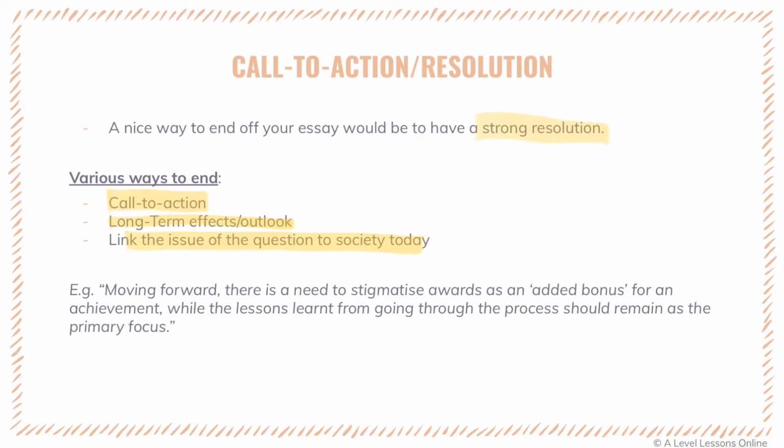Let's say if you're looking in the long term and the question is something about robots, AI, artificial intelligence. In the long run, is this actually going to be an issue? Possibly yes, because of how fast we're advancing in this technological field. As a result, AI may very well replace a lot of jobs, or jobs in sunset industries. So that is what we can look at in terms of your long-term effects. It is something that we can point out at the end of the essay to say that in the long run, with advances in technology, chances are artificial intelligence is going to replace a lot more jobs. Hence, it is crucial to always remember to have a nice evaluation added.